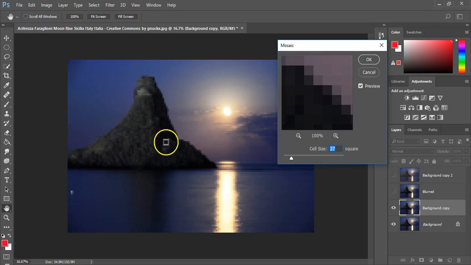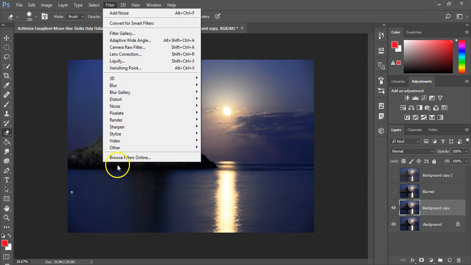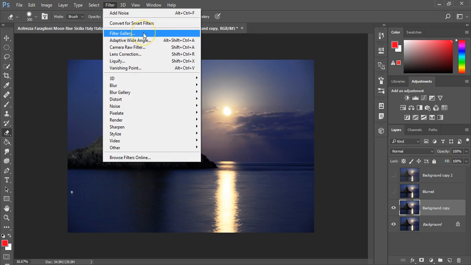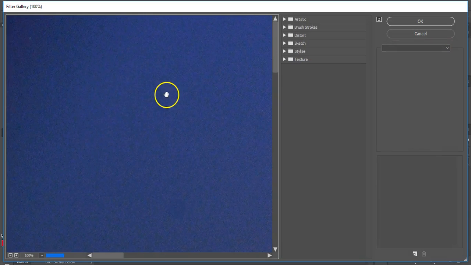And that sort of stuff. So you can create badly formatted stuff. Or conversely, there's a number of others, and with all these filters, I would suggest just play with them, see what they do. The filter gallery, on the other hand, which is the second group of things, gives you a lot of